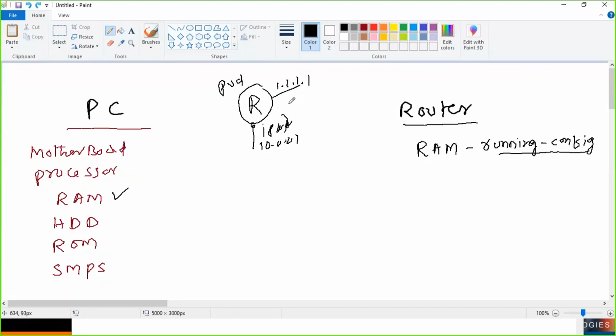Then suddenly my router gets shut down, the power supply is off. If power is off, can you get back your router IP address, LAN IP address, WAN IP address, passwords, configurations? No. Because